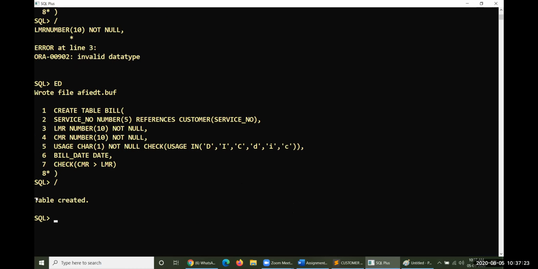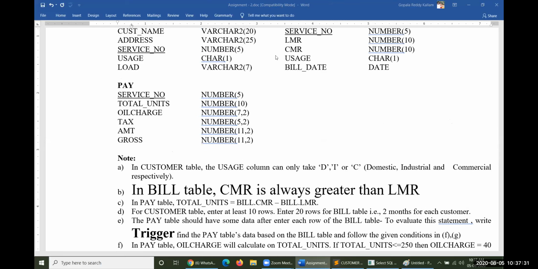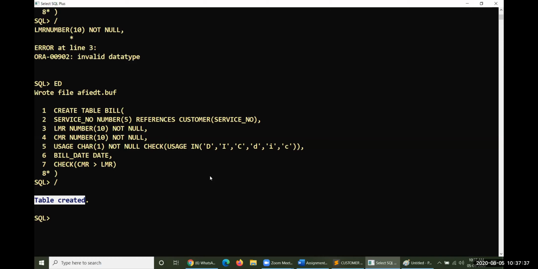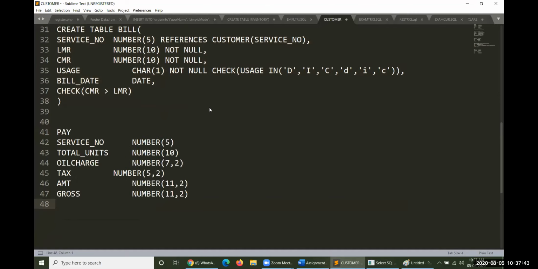However, your bill table has been created, and one more table, the pay table. How would I like to create this pay table? Let me copy everything to Sublime. This is a pay table. How could it be created?